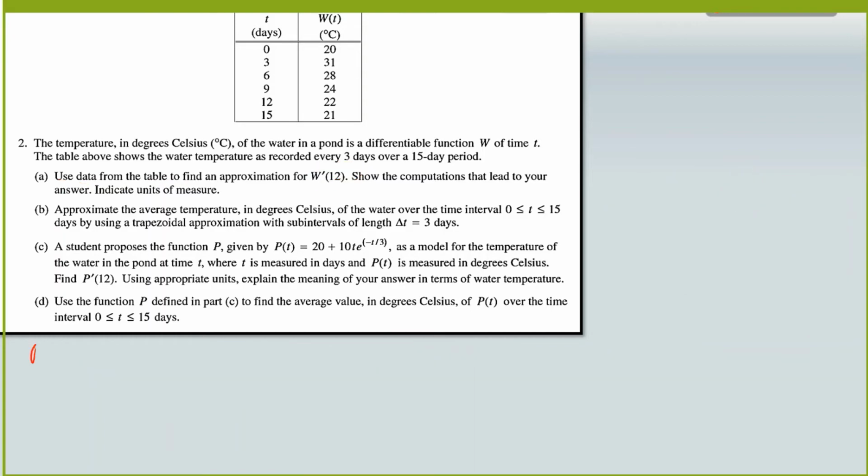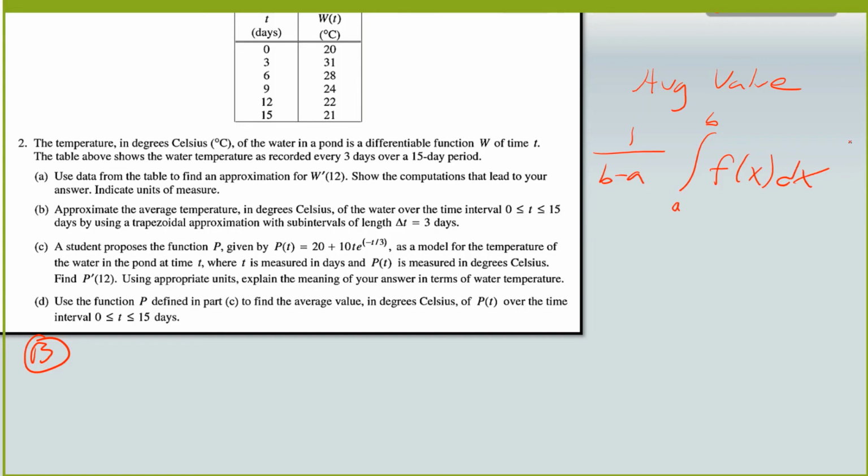Then the new stuff. For part B, I want to estimate the average temperature over the interval from 0 to 15 using a trapezoidal approximation with subintervals of 3 days. Okay, so we had a new formula for today that said our average value of a function was 1 over b minus a times the integral from a to b of f of x